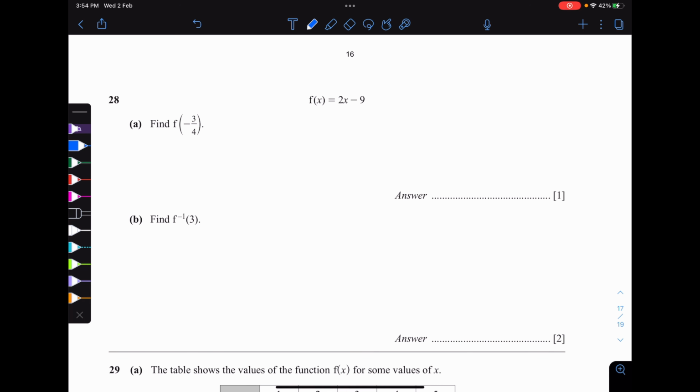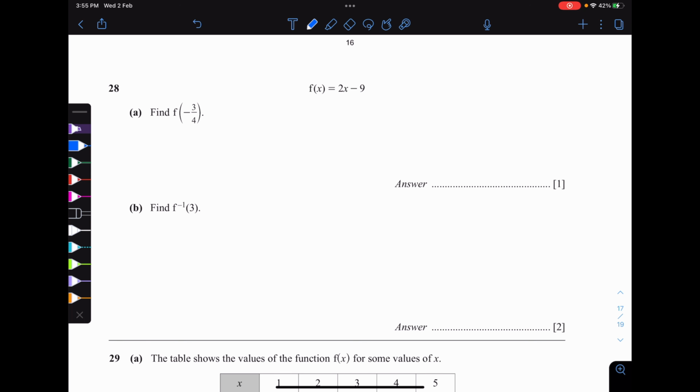Now for question number 28, let's see what we have. So we have f of minus 3 by 4. f of minus 3 by 4. So go to function f, put minus 3 by 4 over there and see what happens. 2 into negative 3 by 4 minus 9. So let's do some cancellations. 2 times 1, 2 times 2 is 4. So this is negative 3 by 2